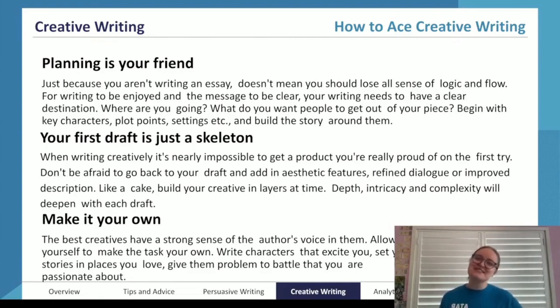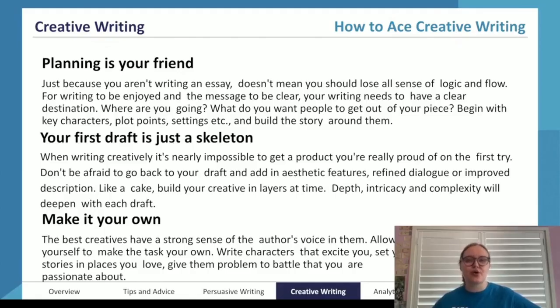And often, despite popular belief, creatives often aren't even written in chronological order either. You might write your conclusion because you have a really solid idea of what that's going to look like, and then you go back and write a section from the middle and do the same again. So depth, intricacy, complexity, all of that comes with time. So as I mentioned earlier as well, you want to give yourself as much time as possible to create a story that you're really proud of. And often the final story that you hand in as your final piece will look very, very different to perhaps the one that you initially planned. That's just the nature of creative writing.